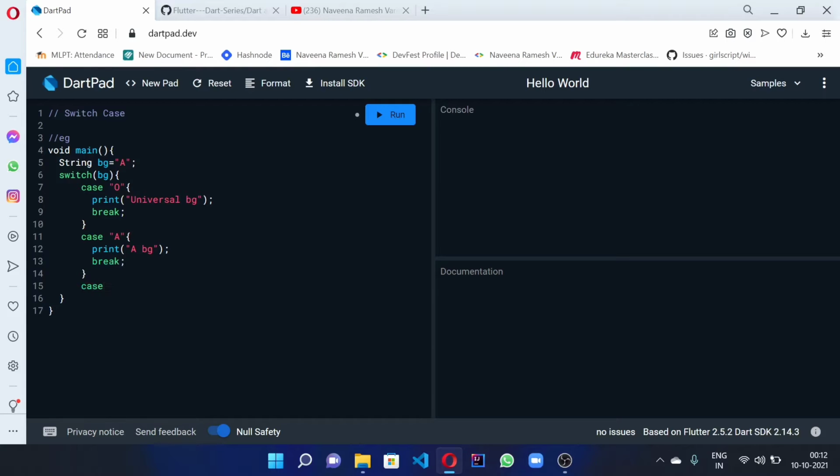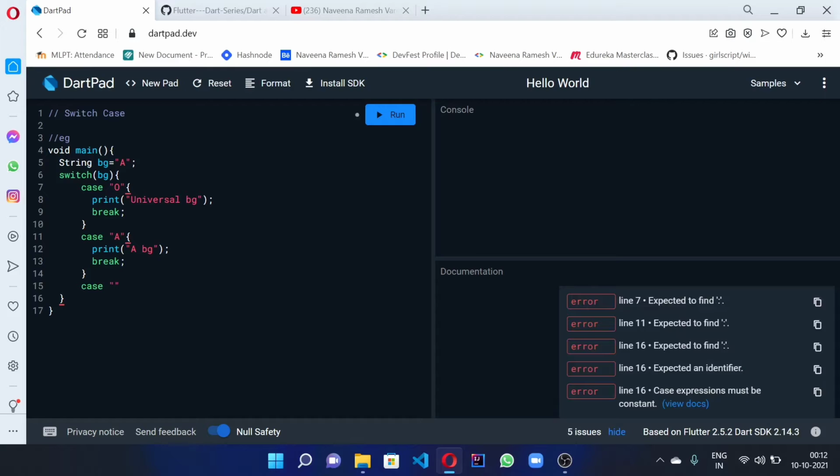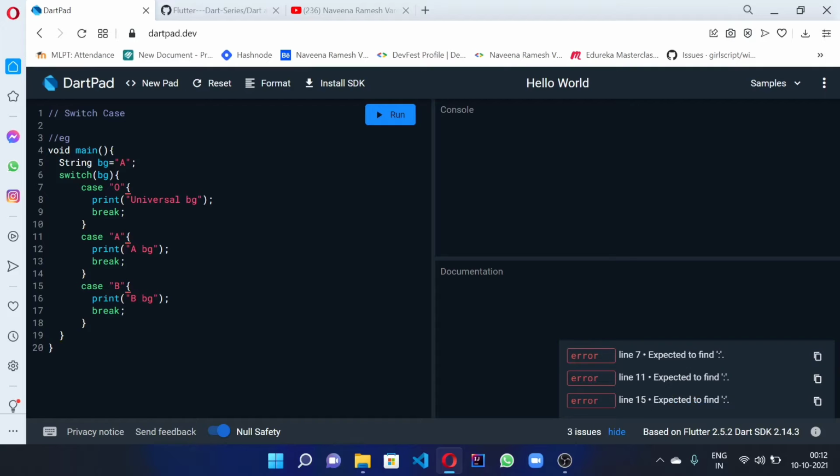Now we'll check for B positive, print as BG, break. We check with three conditions, and if it doesn't match all three, we'll go with the default and print no blood group.